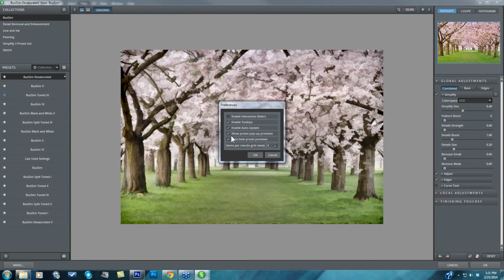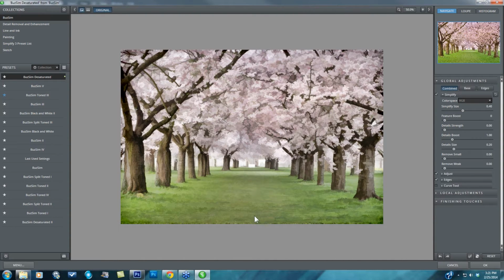You also have the ability to turn on and off those pop-up previews. If you don't use those pop-up previews on a regular basis, then turn this off and your loading time for each individual collection will be much shorter. So if you aren't a preset user, turn that off and you won't miss it. If you are a preset user, keep those on, and it's really fun to just scroll over and see those pop-ups. In the main viewing area, the updates to this particular version, let's